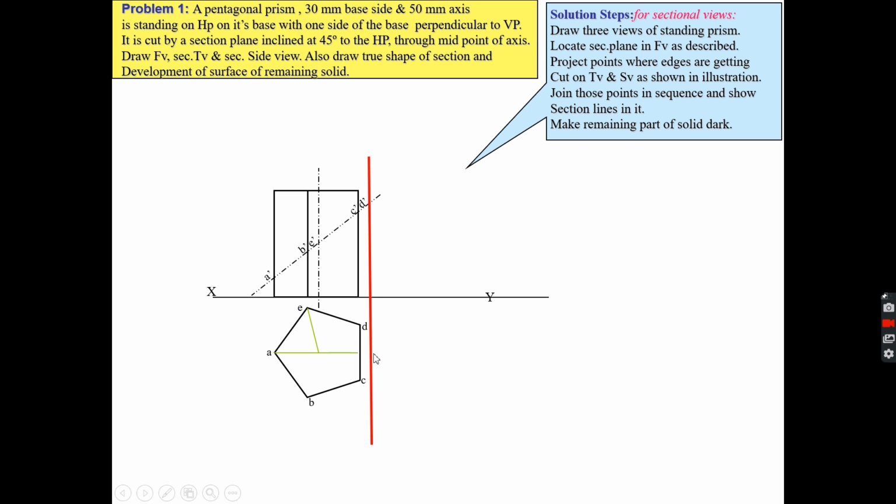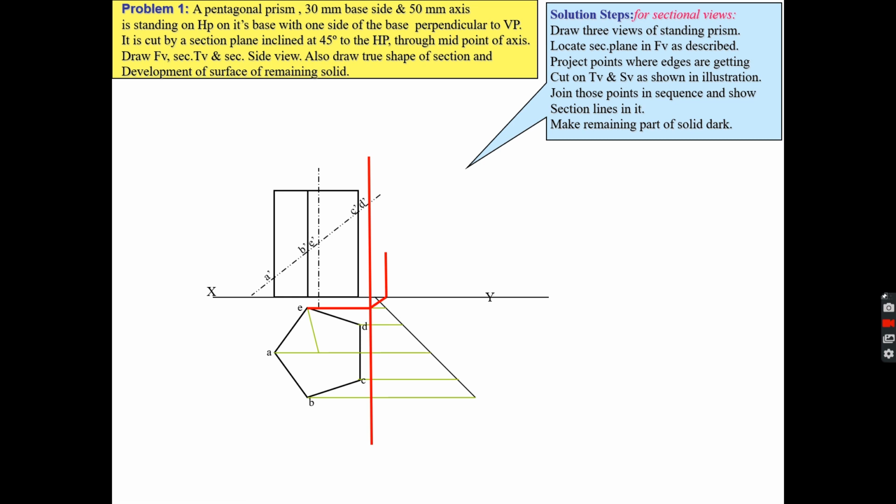The same way, as I told you, you can draw a line like this, and from all the points you have to make the projectors like this. After doing that, you have to make the line at 45 degrees, and from this point you have to draw a vertical line like this, and from these points you have to draw the projectors like this. Or in the other way, you can also draw the side view by drawing a line at 45 degrees from the XY line.